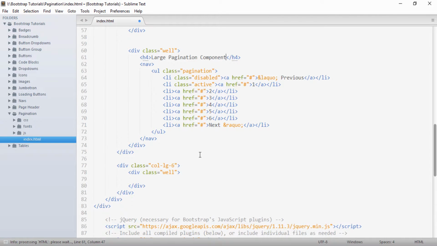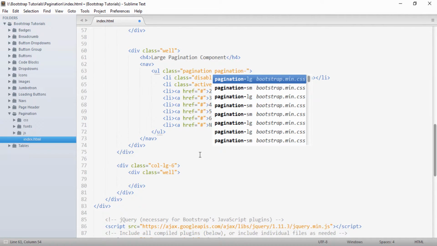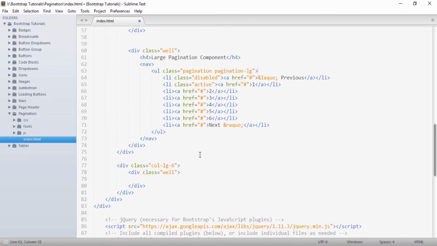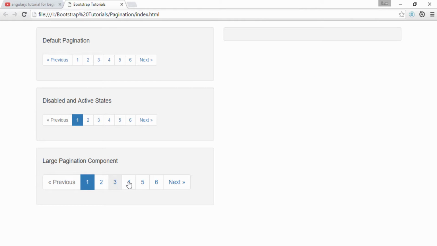In order to create a large pagination component, along with the pagination class, we have to give a class of pagination-lg, keeping the rest as it is. If I go to the browser now, you can see a large pagination component is created.